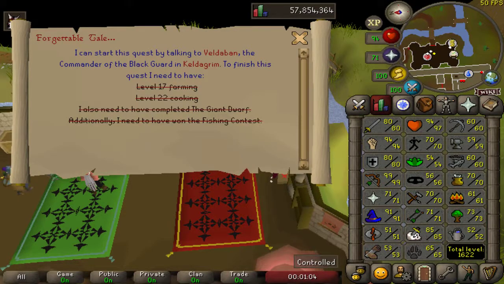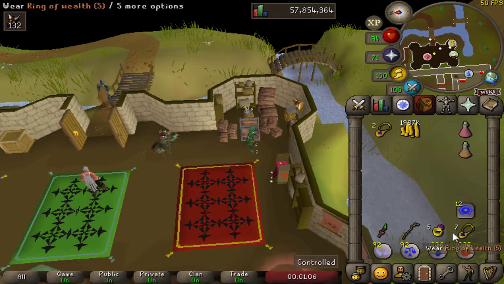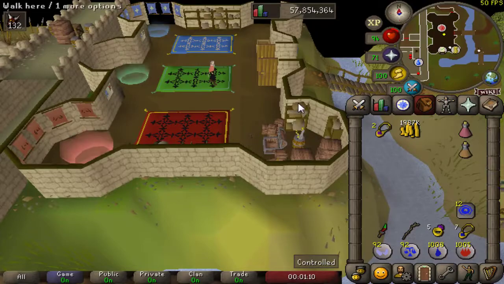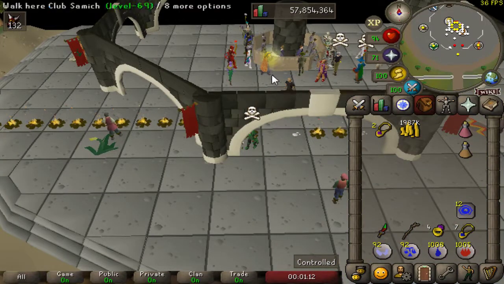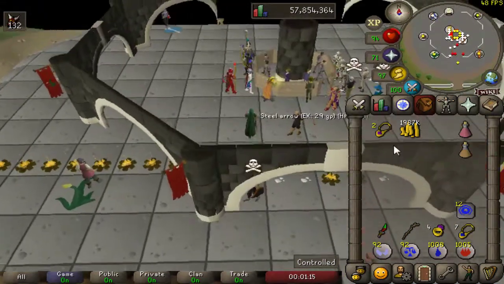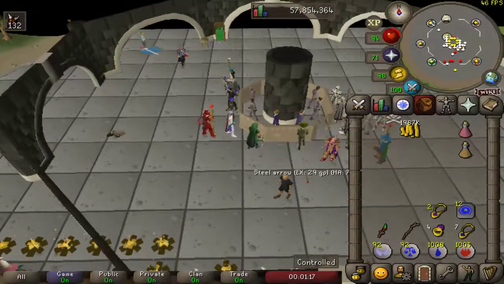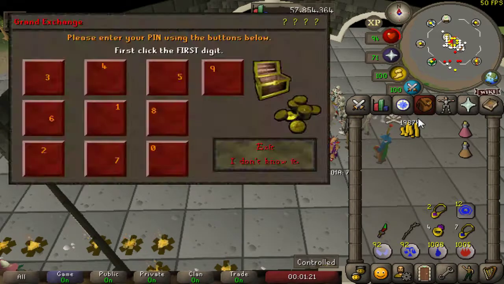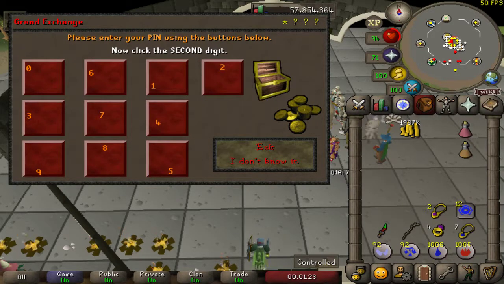Hi and welcome to my guide of the Forgettable Tale of a Drunken Dwarf quest. The quest requirements are the Giant Dwarf and Fishing Contest. The stat requirements are 17 Farming and 22 Cooking. The items needed are approximately 400 GP, 2 buckets of water, 2